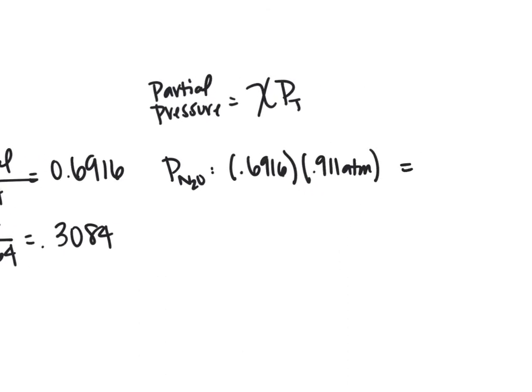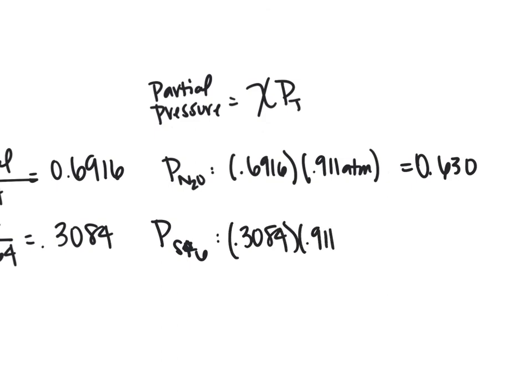And that's going to give us 0.630. The pressure of SF6 is 0.3084 multiplied by 0.911 atmospheres. And that's going to give us